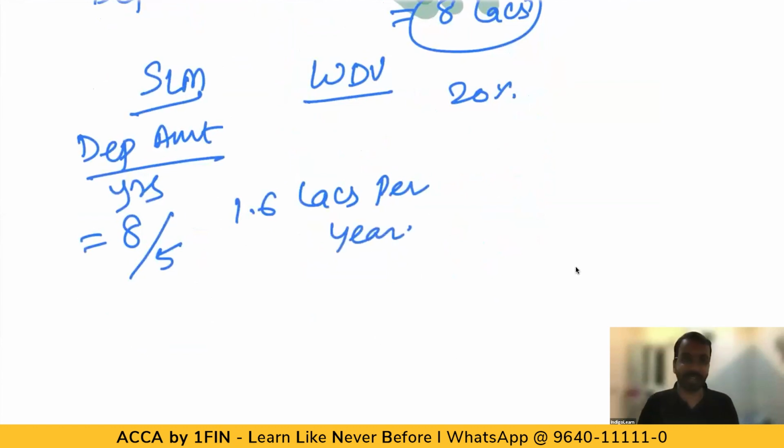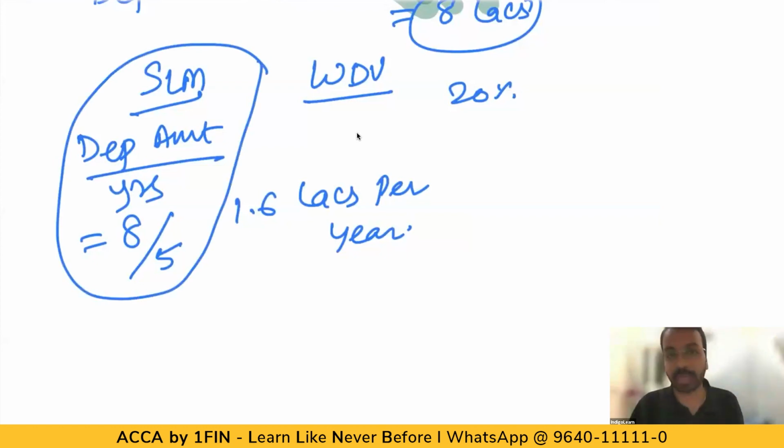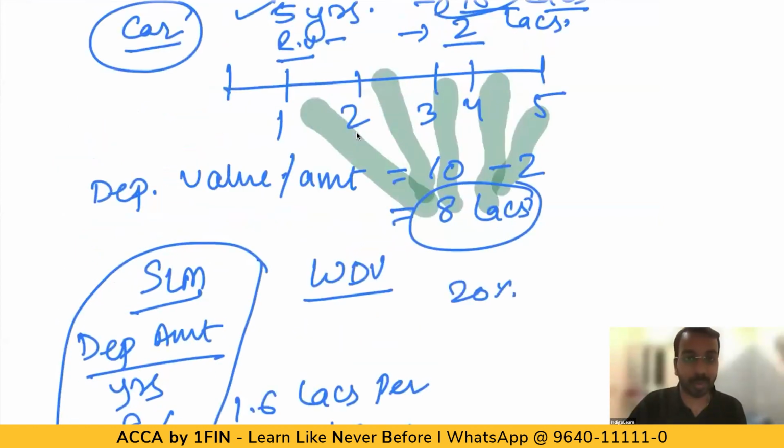Now you might be thinking, sir, depreciation is so easy. Are we going to learn such easy things in ACCA? Depreciation calculation is easy, but when you add more complications, I'll come to that also, then it becomes slightly difficult. I'm not getting into depth of depreciation because all of you know how to calculate it, right? So that is the introductory part to property, plant and equipment.